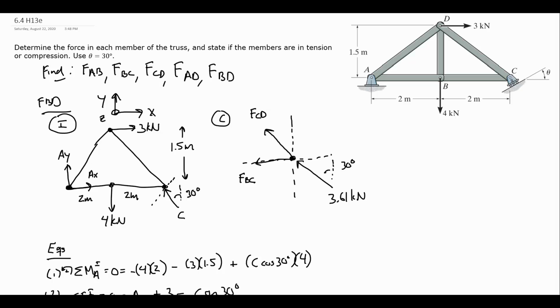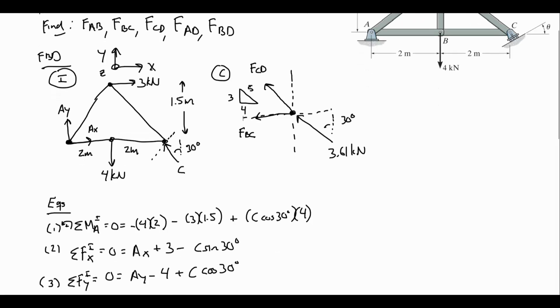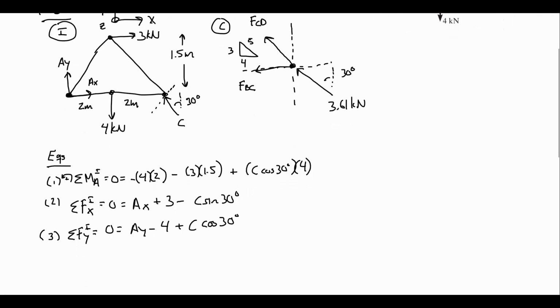And FCD is going off at an angle. If I look, the horizontal is 2, the vertical is 1.5. That's actually a 3-4-5 triangle. So the FCD is at a different angle than that 3.61. We want to keep that in mind. Okay, so 2 unknowns, and that's why I chose to start at C. So I can get 2 equations out of this particle equilibrium